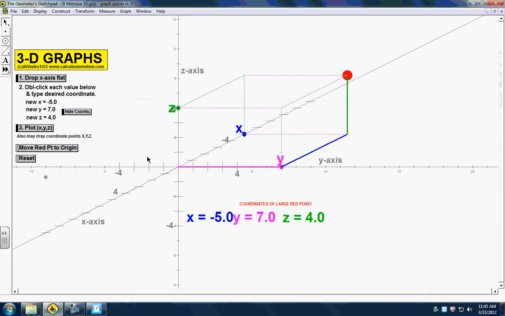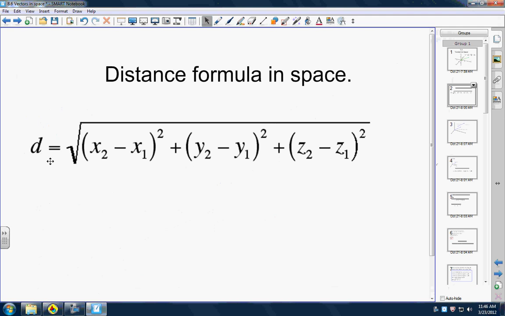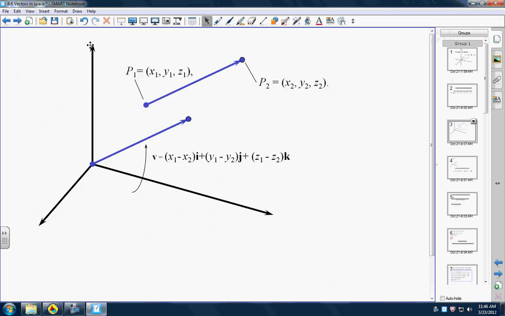So you can imagine we could put a line in from here out to that point, and we could find the distance of it. So basically, it's a 3-dimensional Pythagorean theorem to find that distance there. All right, what else can we do? Well, we've done